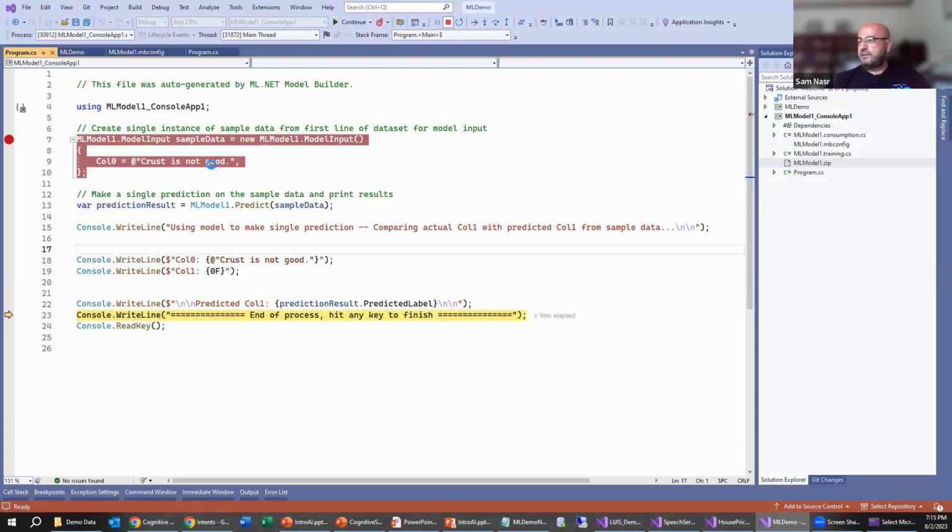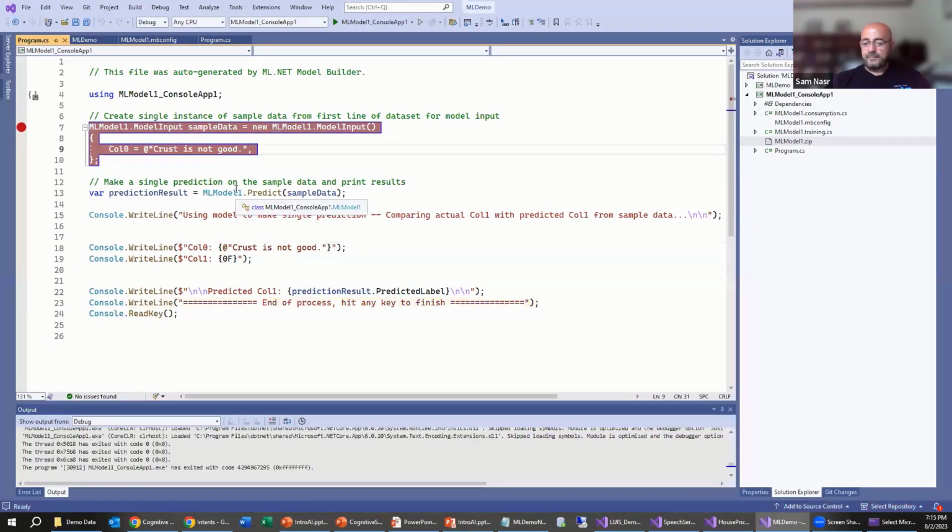So I can also try to enter in something at random and say, "don't bother eating here."